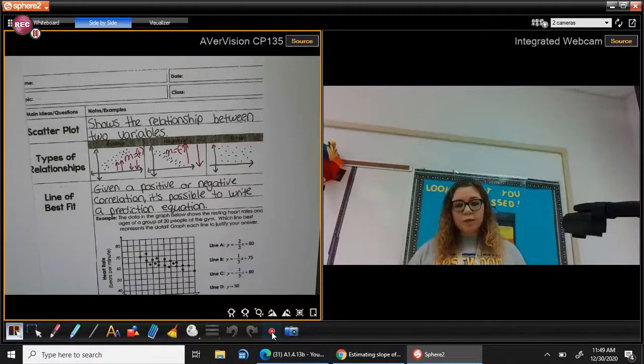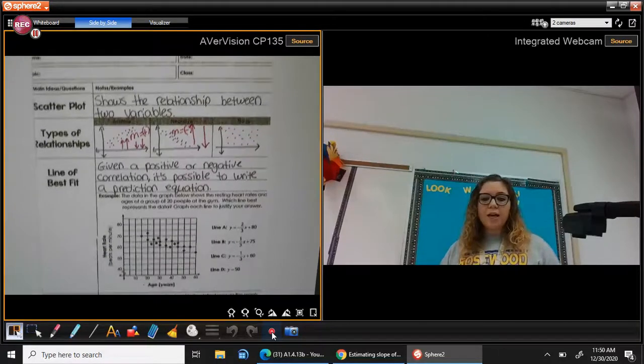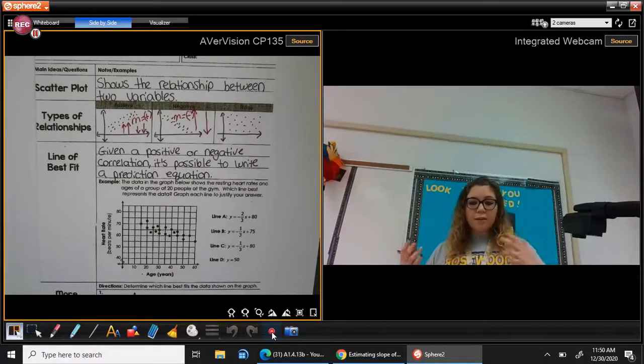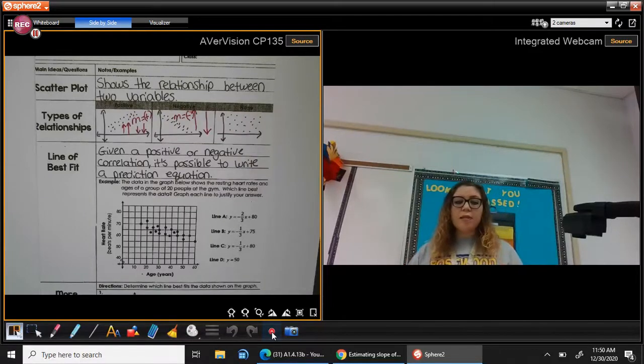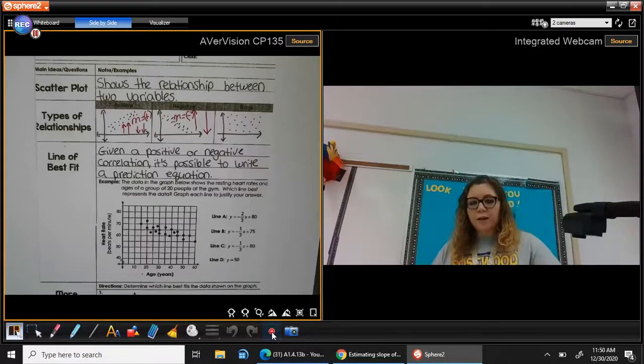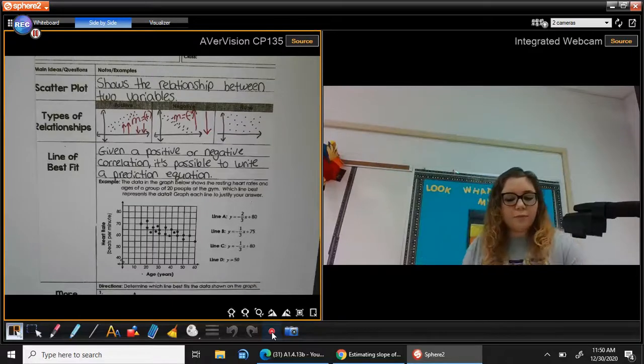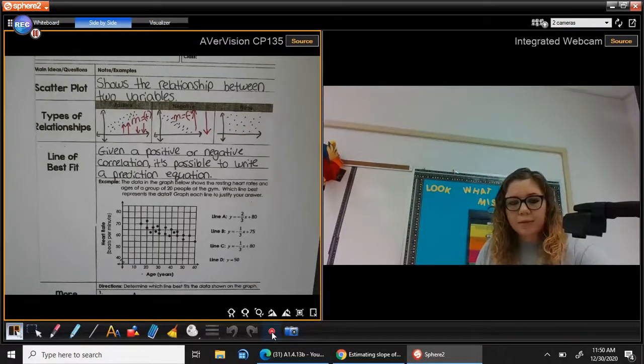Today, we're just going to look at some graphs, and we're going to see if we can find the line of best fit just by looking at it. Tomorrow, we're going to use Desmos, we're going to use the calculator, and all that good stuff to be accurate. However, today we're just going to do some graphing. So, example,